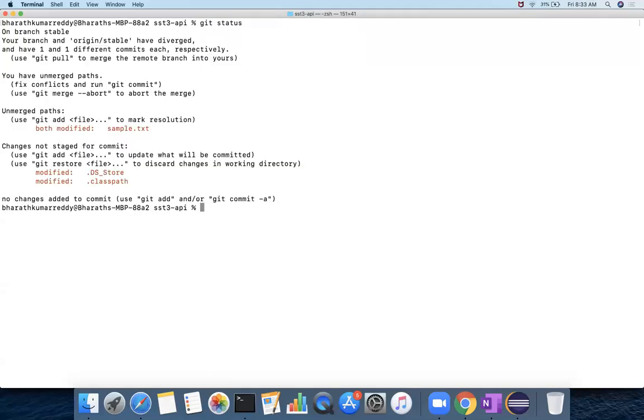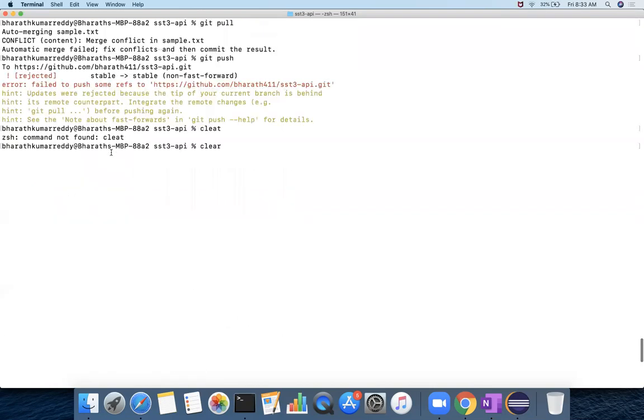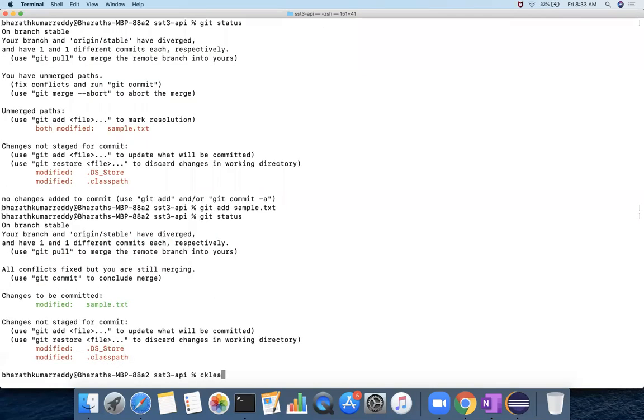Make the changes to your conflicted file, and then git status will show that sample.txt is modified, in green color. Green color says modified, and then git commit -m fixed merge issues.